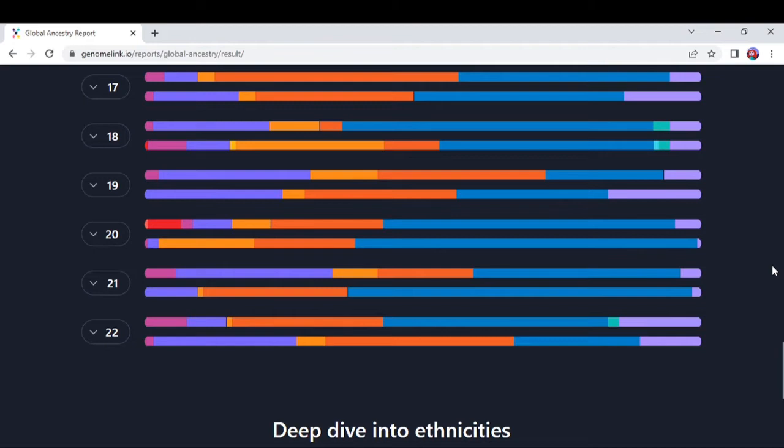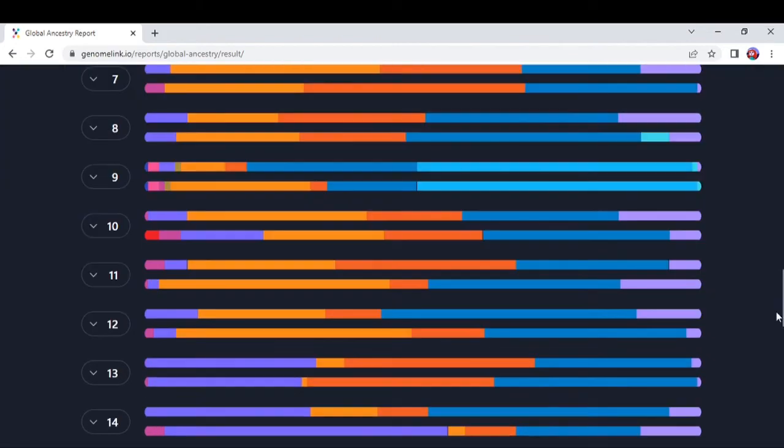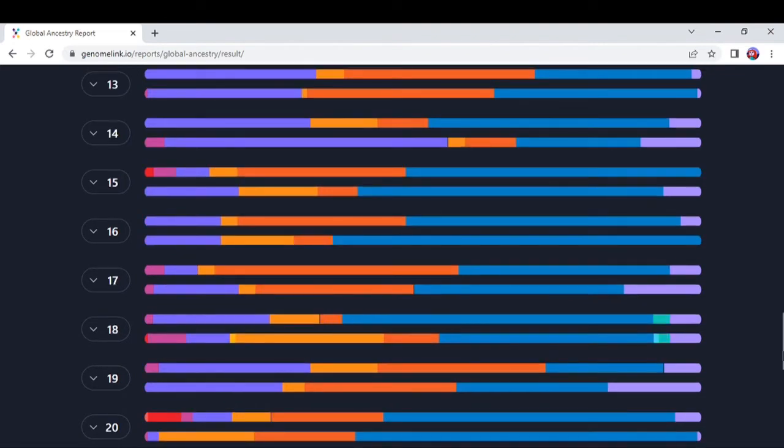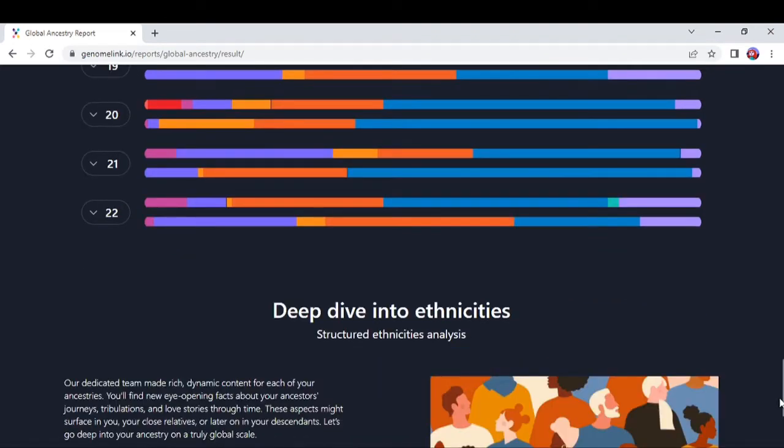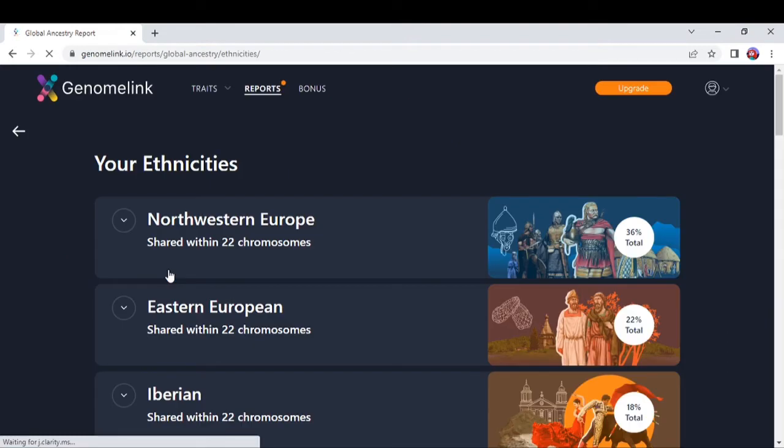It's got your DNA pieces showing in peaks and mounds, and it's kind of cool. But yeah, it's just so neat when companies actually offer this. That's something that I'm very interested in. That way I can pinpoint it right on my chromosomes. Okay. And then also you can click on this and go to your ethnics page, where it shows